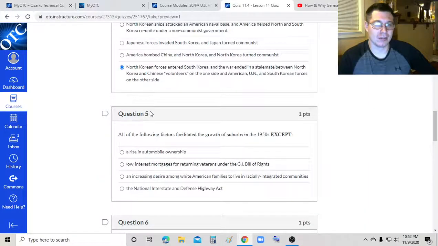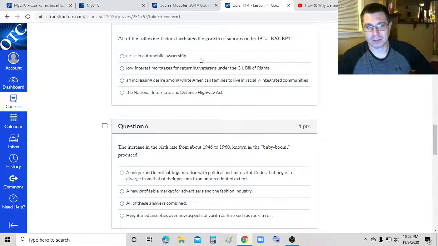So, question 5. All of the following factors facilitated the growth of suburbs in the 1950s, except... So did a rise in automobile ownership help? Yes. Low interest mortgages? Yes. Increasing desire among white American families to live in racially integrated communities? No, that would not have been a factor to cause suburbs to grow,